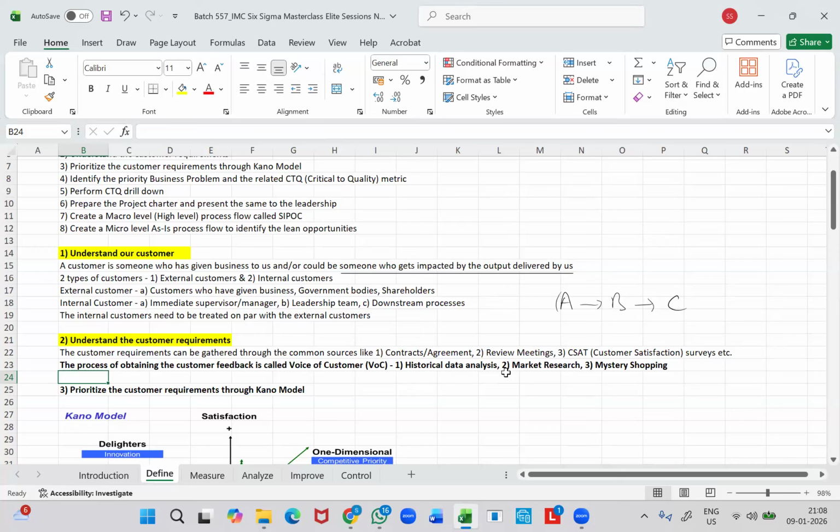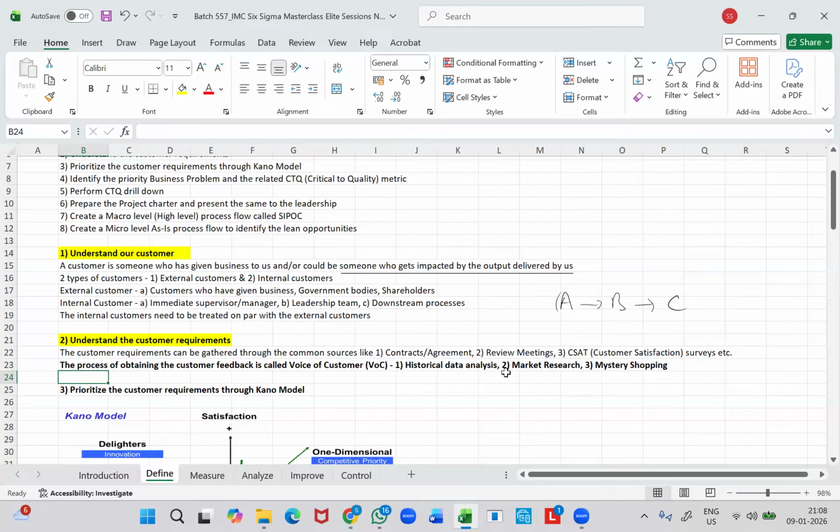That is why I am quoting this metric called accuracy percentage, which is a very common and standard metric. Say the customer has given the target for accuracy percentage as 99%, but then the historical data analysis shows that